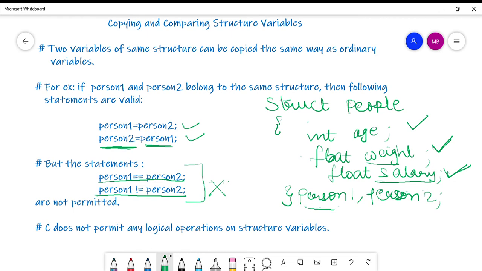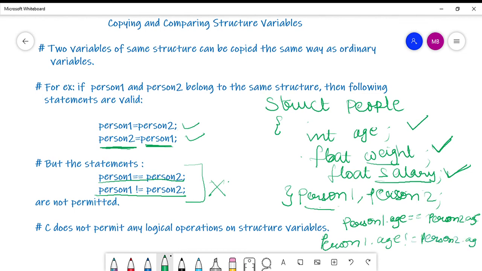What I will say is person 1 dot age equal person 2 dot age, or person 1 dot age not equal to person 2 dot age.